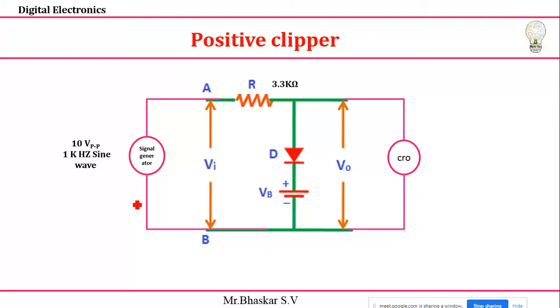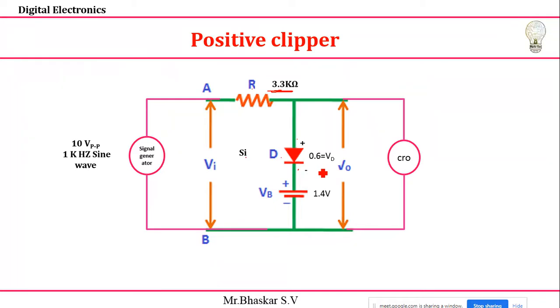And next, I just need to represent the values. Here is my resistance value I calculated: 3.3 kilo ohm. I'm going to consider a silicon diode, and the polarities are plus and minus, and the diode voltage I'm going to assume is 0.6 volts. Okay, 1N4007, I'm going to use that name. If you want, you can write down the name here. So the diode voltage is 0.6 volts, and the biasing voltage we already calculated is 1.4 volts.